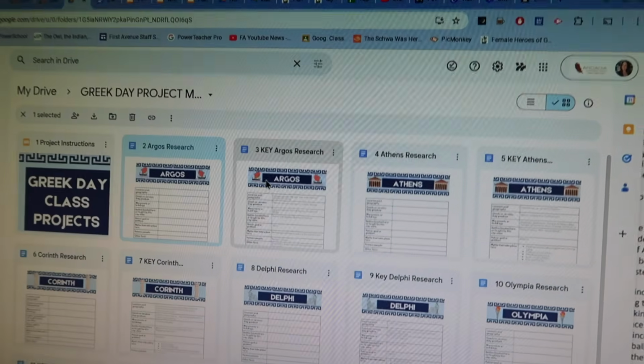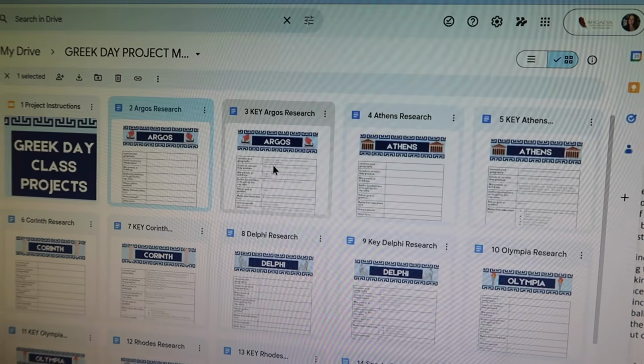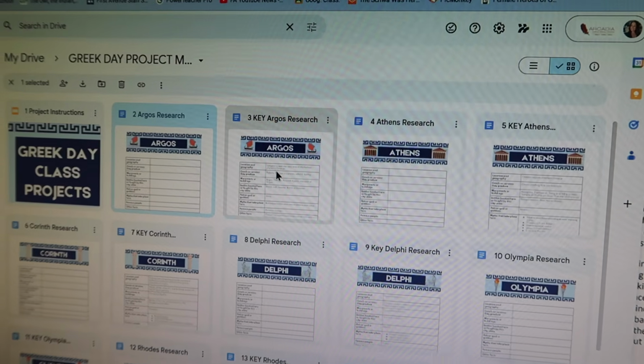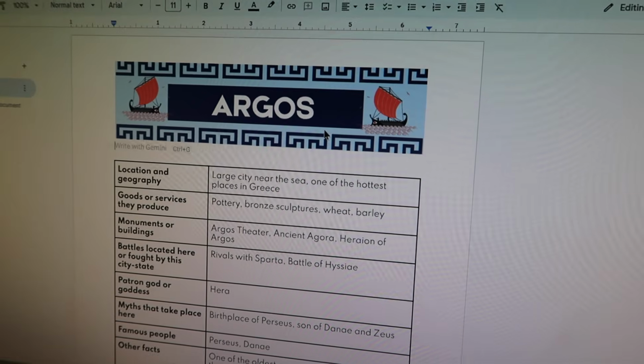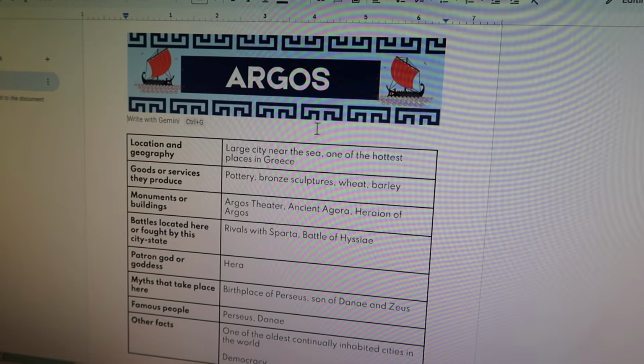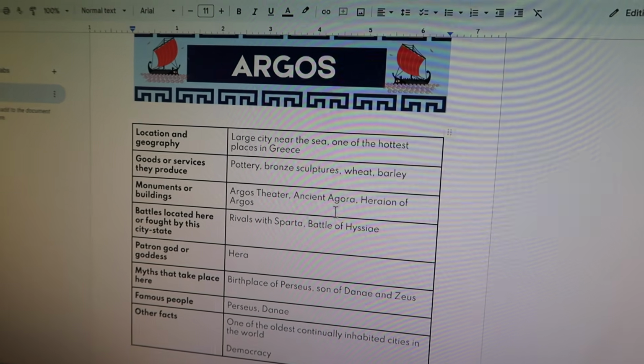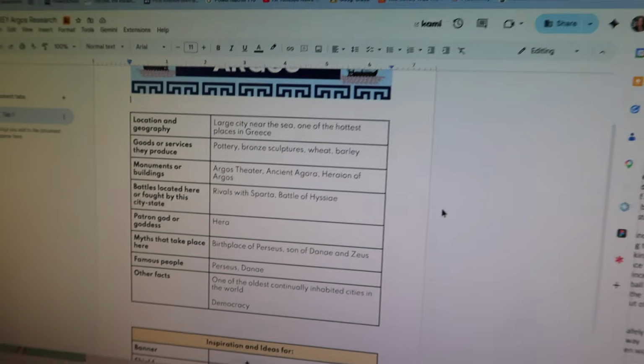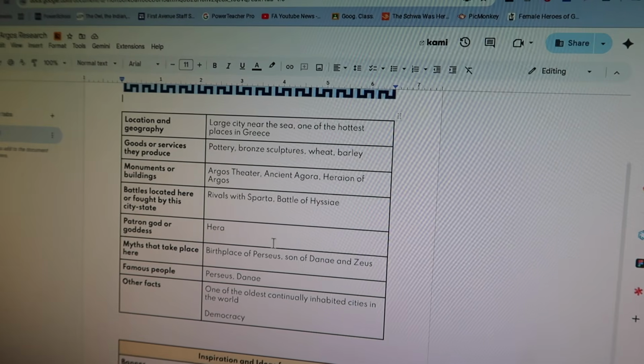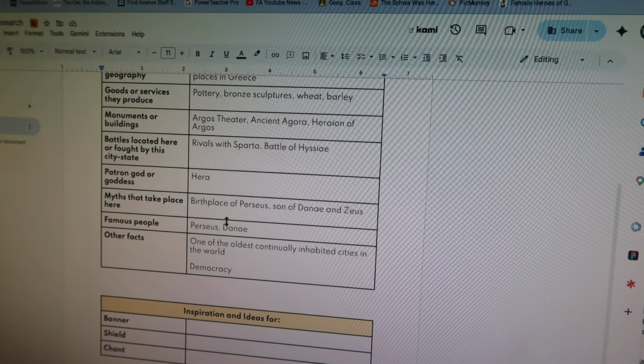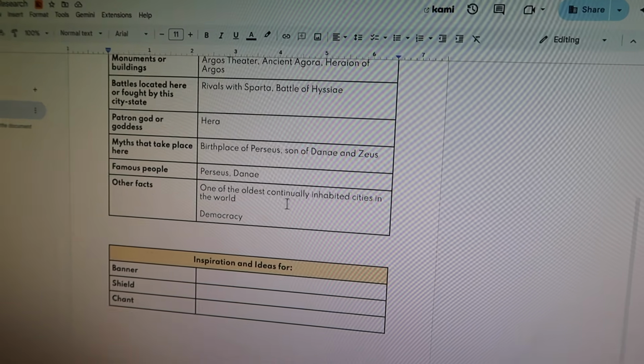And then, it's even hard for me to keep track of which city-state is which and all that. So I have a key just for the teachers. They should have these types of things listed somewhere in their research. Like they probably want to have Hera on there, birthplace of Perseus, things like that.